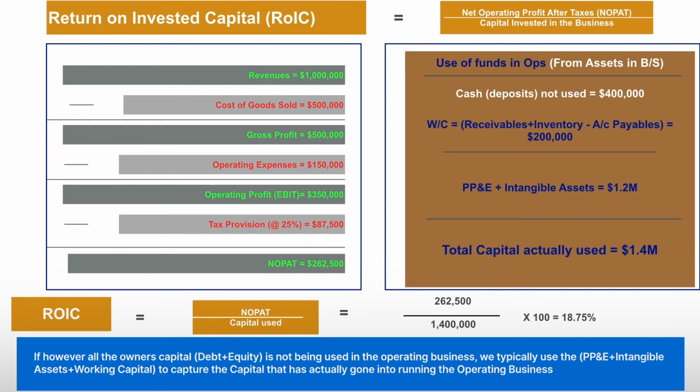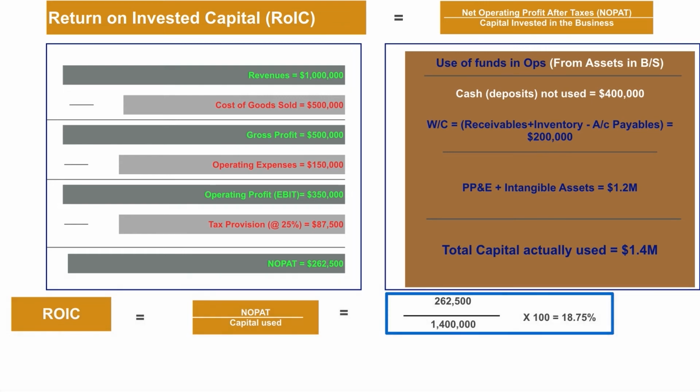The business could be sitting on a cash balance of $400,000, which is not being used in the business. It might be sitting in some short-term investment or in a bank deposit. So to calculate the actual return on the invested capital, we take only that part of the capital which is used in the business. So using the same method, we arrive at a return on invested capital of $262,500 over $1.4 million, which is